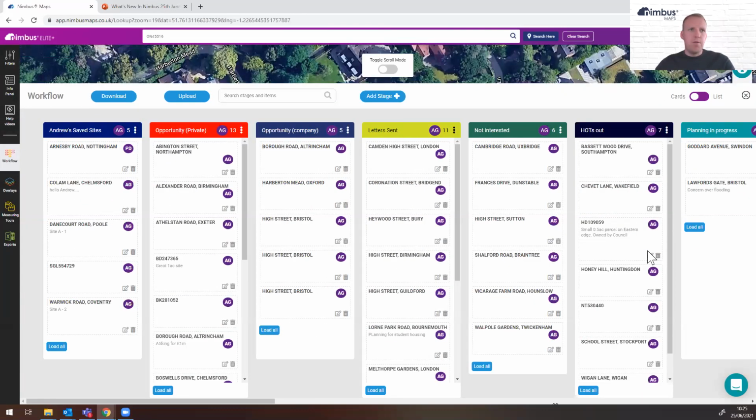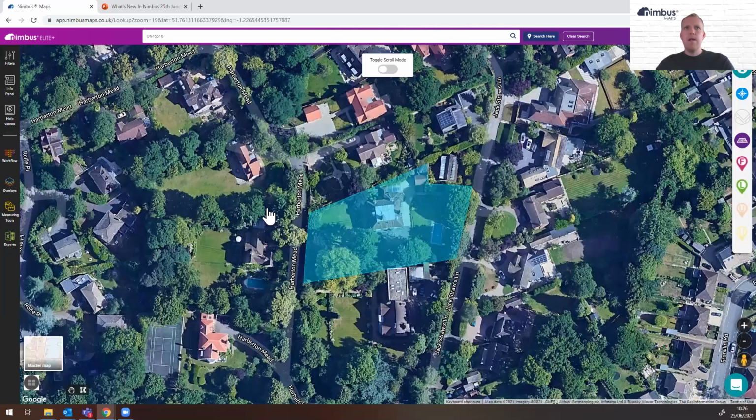But then we've got further updates coming in the next one, which is going to pick up things like the load all button, and a few other tweaks of the way it works as well, with hopefully a nice little design refresh for workflow as well. And that is it for the most part, to be honest, in terms of the